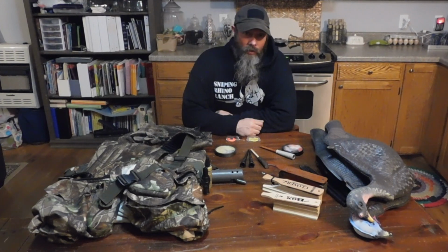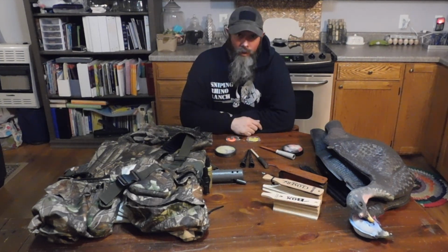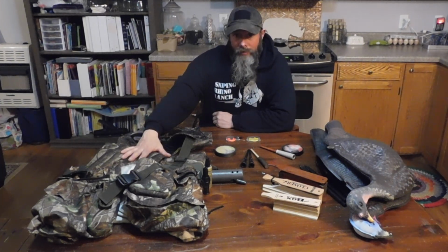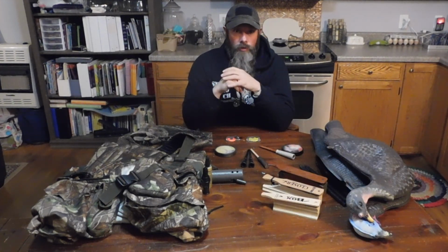So we talked about scouting, we talked about patterning your shotgun. The third thing you need to do is make sure equipment's ready to go. Now I have a little bit of our equipment out here right now. We've got a turkey hunting vest, and that's a really nice tool to have. It comes with a pad that you can unsnap and sit on when you're leaning up against a tree or something. It's got different pockets for holding your different calls. It's just a really good way to organize your equipment when you're out in the woods trying to get on